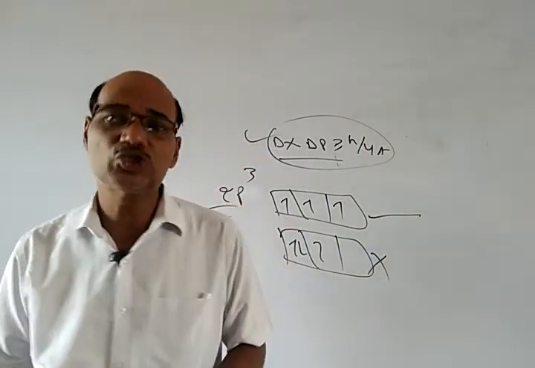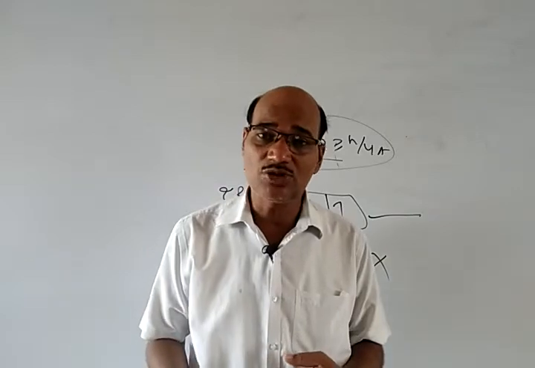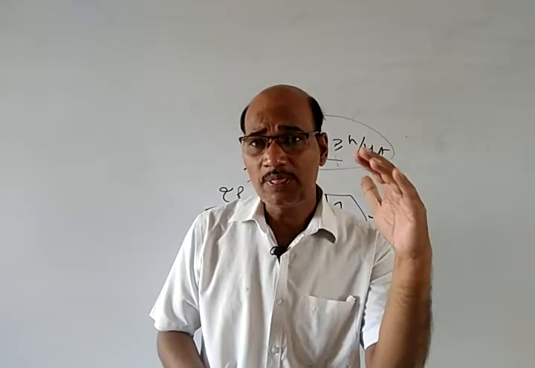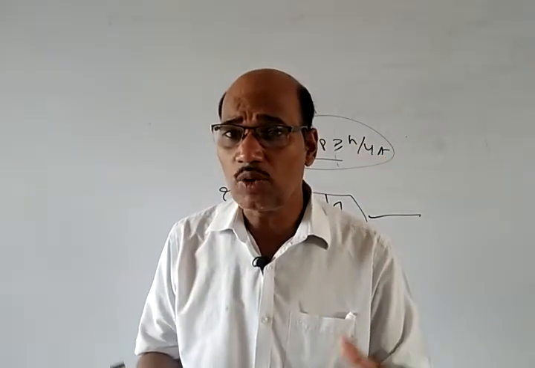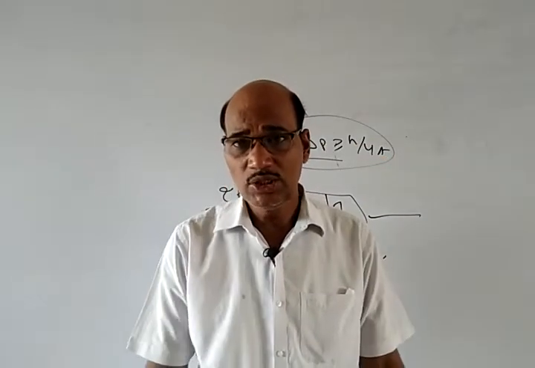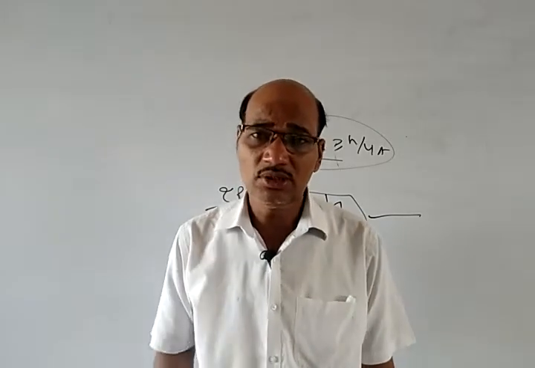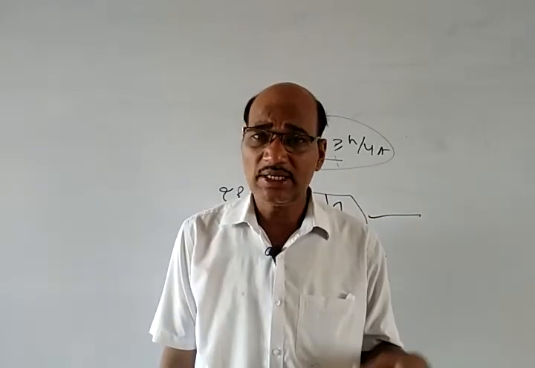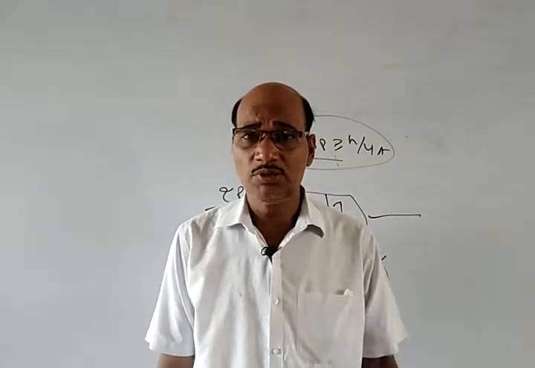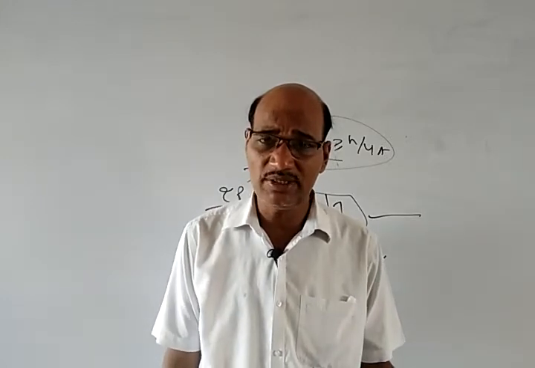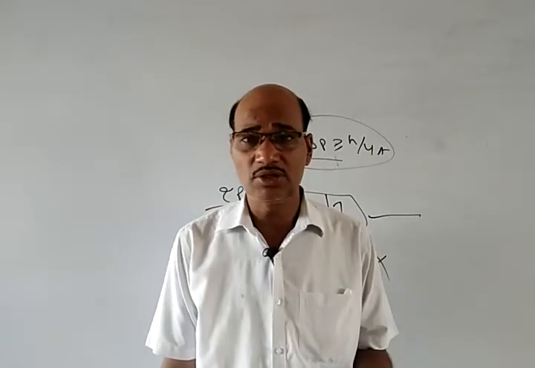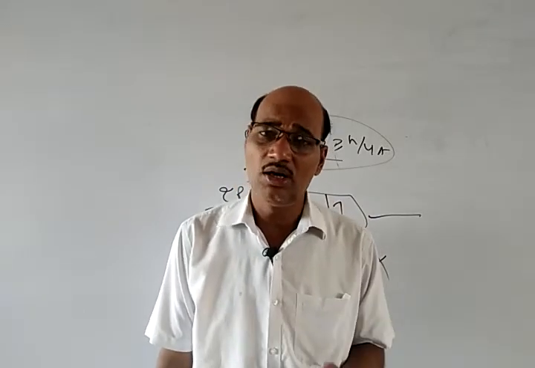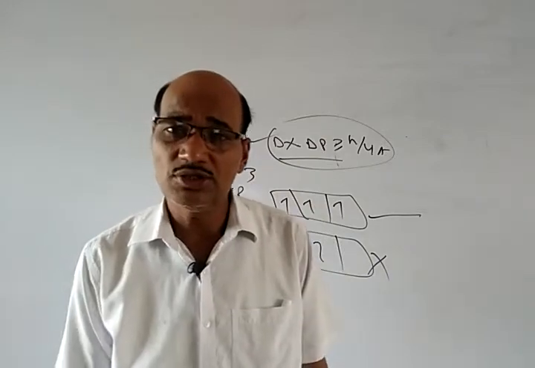This is called Hund's rule. Similarly, we also discussed the Pauli's exclusion principle. What does it say? No 2 electrons in an atom have all 4 quantum numbers identical. So if you take 2 electrons, there can be 3 quantum numbers equal but not the 4th one. If you have n, l, m, s, then n, l, m can be the same but not s, because in a particular orbital the spin quantum number of one will be plus half, the other will be minus half. This is called Pauli's exclusion principle.